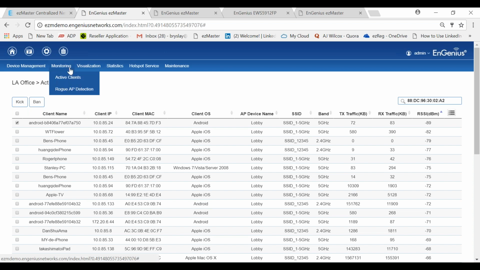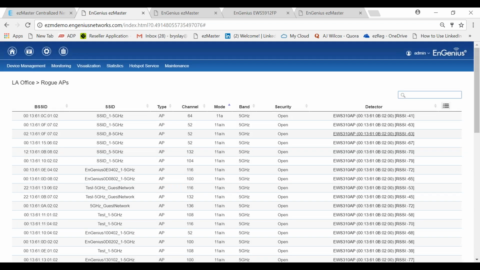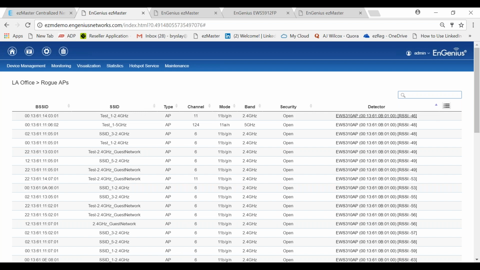Another monitoring tool is rogue AP detection. If you simply click on rogue AP detection, again, you can sort these access points. These access points are acting as detectors. When you first deploy access points, our field applications engineers use this as a tool. They'll enable what we call the background scanning tool, which we won't talk about in this presentation. Background scanning allows these deployed access points to understand the Wi-Fi environment.